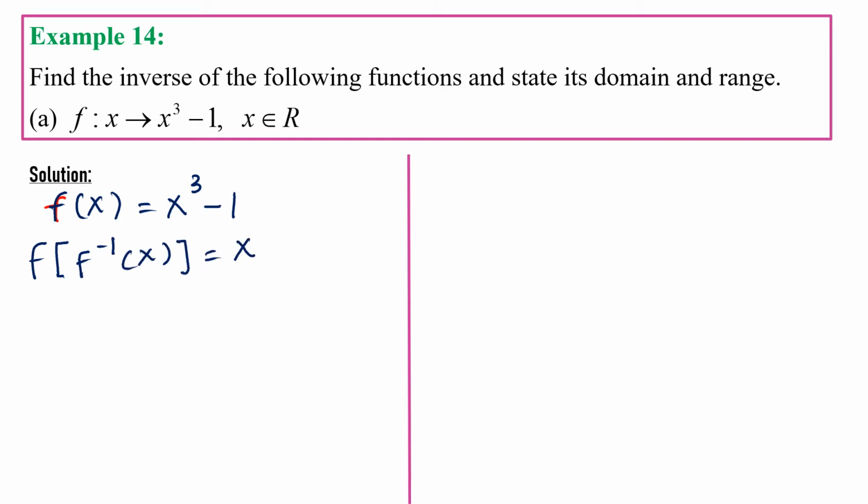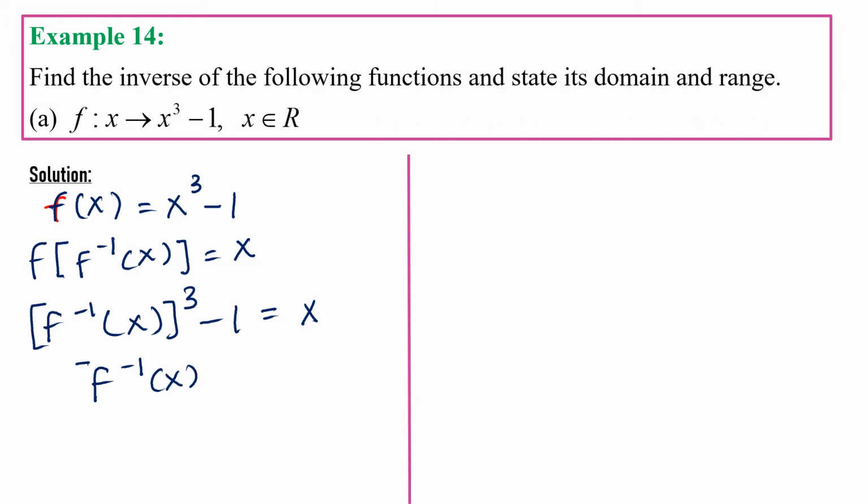Then we substitute the inside function, which is the f inverse, into the outside function, which is x power 3 minus 1 equals x. Then we rearrange to find the inverse function. We have f inverse power 3 equals x plus 1, and f inverse of x equals cube root